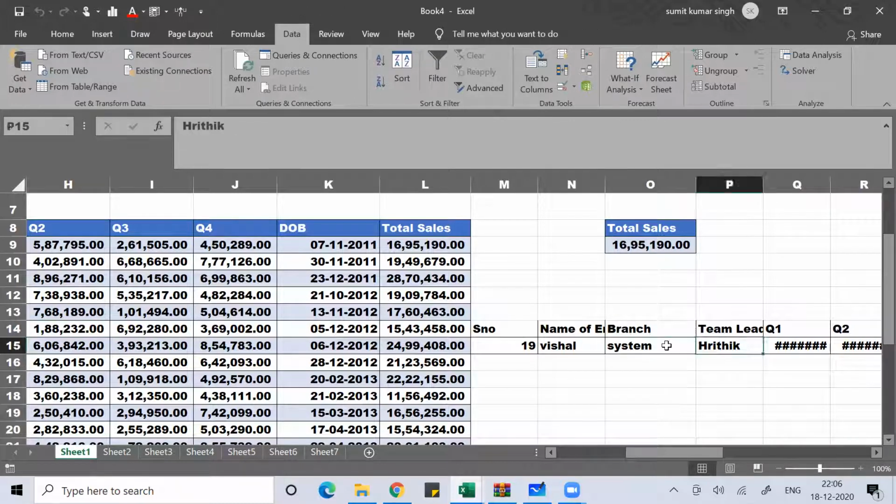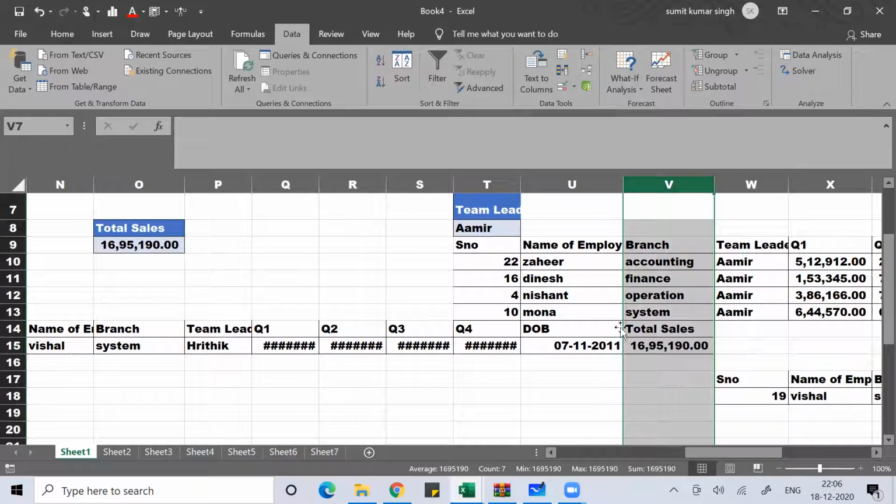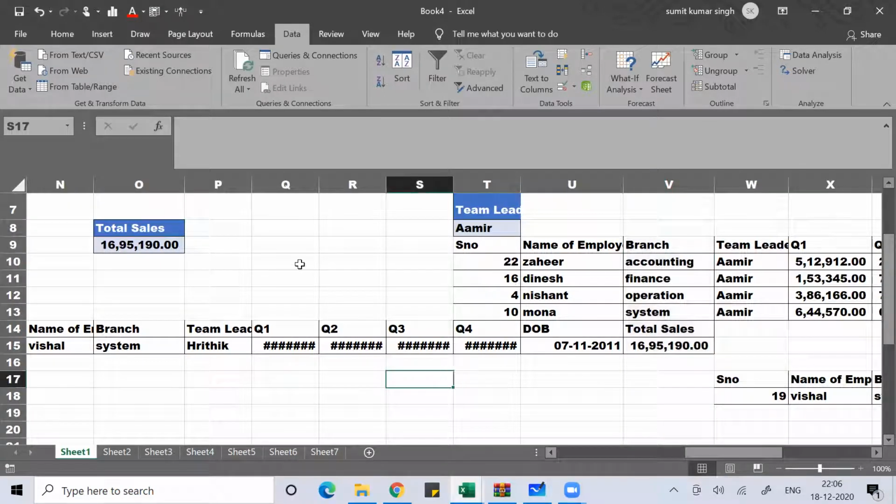So you got this data. So the total sale was this much. You got this.